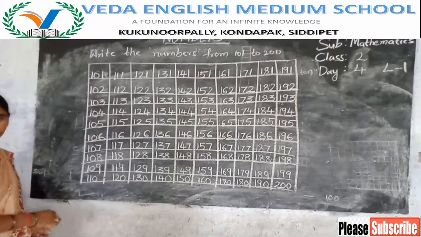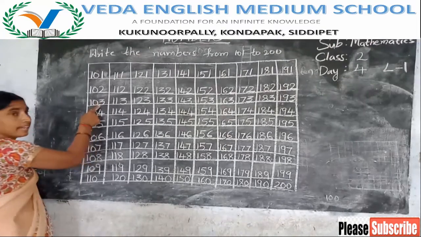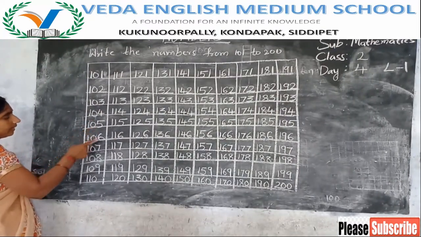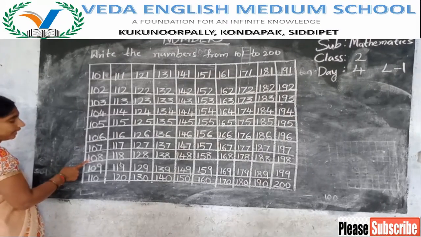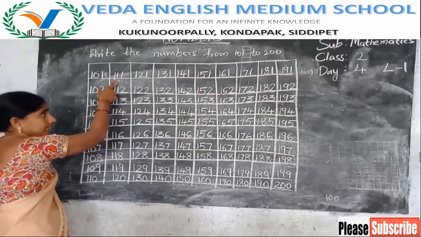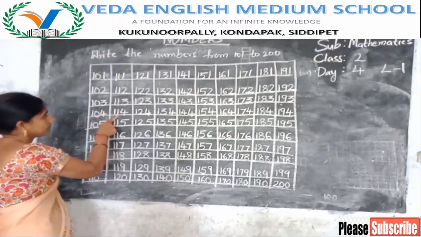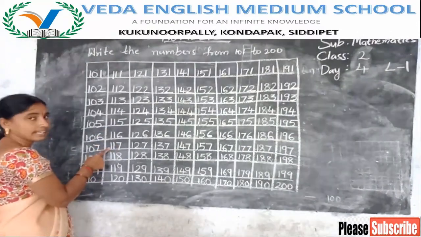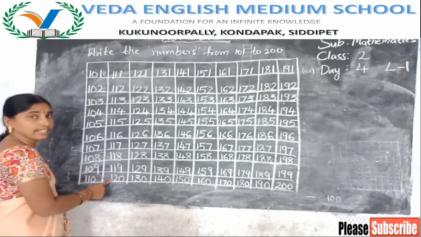Once again, listen, Nana. 101, 102, 103, 104, 105, 106, 107, 108, 109, 110, 111, 112, 113, 114, 115, 116, 117, 118, 119, 120,